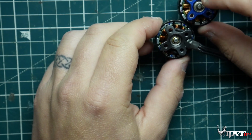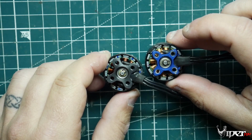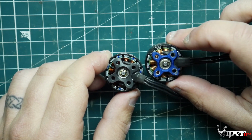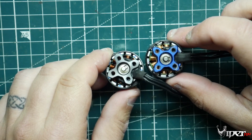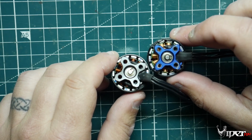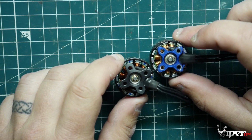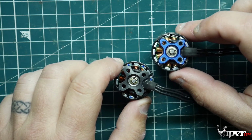You notice they both are using the C-clips. I don't understand why they can't just use a screw on the bottom. It would make it so much easier than using these C-clamps, because a lot of people don't know how to remove them, and a lot of times you bend them removing them. Good thing it does come with one extra C-clamp in the package when you purchase these motors, but still,